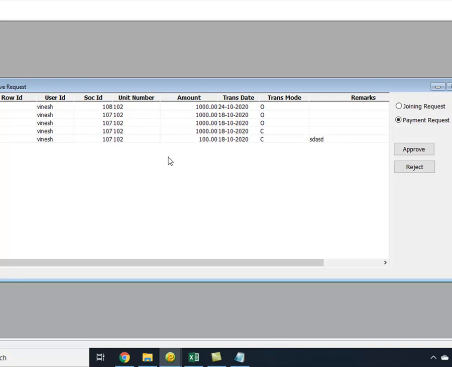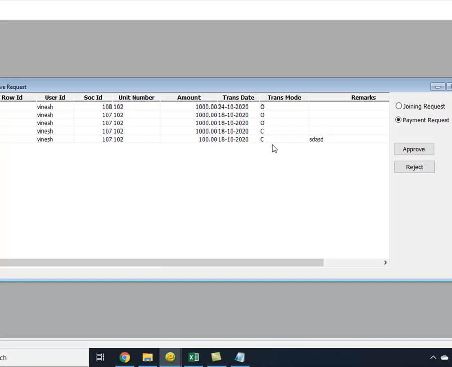See, dw_1.retrieve is just bringing the information from the database, but at the application level, you are doing it in your application, meaning you are doing it for your desktop.